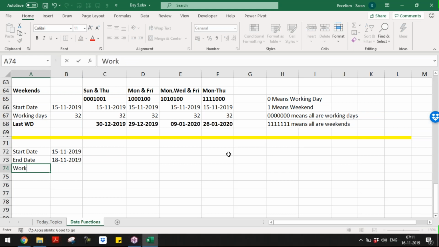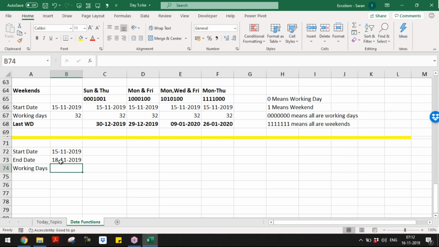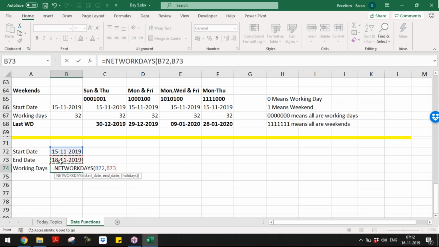How many working days are there? Can anyone tell? If we consider Saturday, Sunday as a weekend, let me check. 15th Friday, 16th, 17th Saturday, Sunday, 18. My answer must be 2 if I use the NETWORKDAYS function: NETWORKDAYS, start date, comma, end date, close bracket.